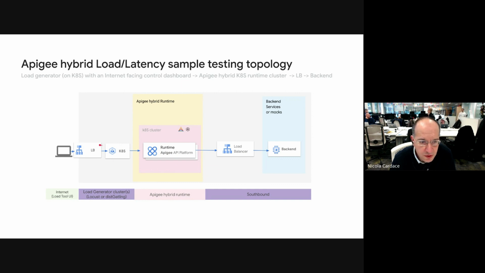So there are two options here, right? Why is there a load balancer and the public front end? Because the tools that I'm listing here, either Locust, which is open source, or this distributed version of Gatling, which is also an open source load generation tool, are available to be deployed in Kubernetes. They give you a management UI where you can control the load generation process itself, and you can script complex processes.